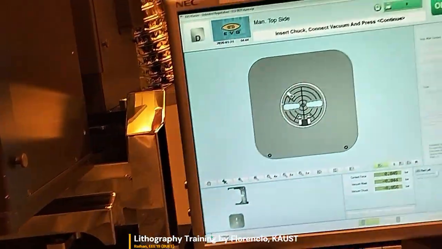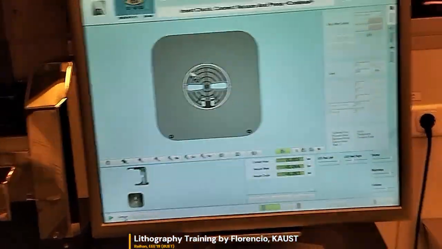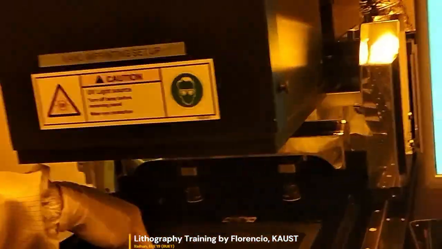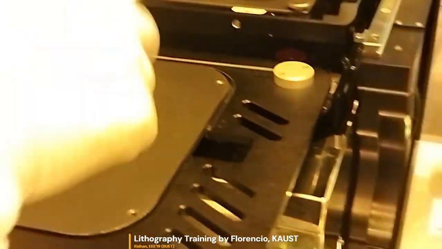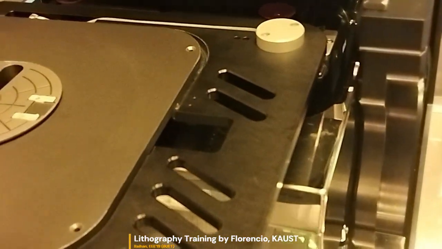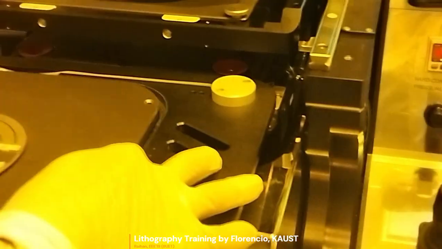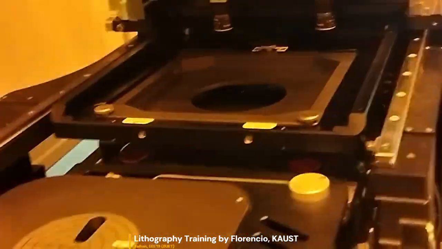If you become a common user in the future, you will meet an error saying vacuum error, vacuum is very low. Then I will just reply to you, kindly check the pin. That is the pin. When it's outside like this, even a small misalignment on the vacuum supply here will give you a vacuum error. I will reply to you because our phones are scattered all over the place. They will just send a message, we're encountering a vacuum error on the tool. I will reply, check the pin. So that's the pin I'm referring to. It should be inside that little hole. See, it should be inside. It's no different when you look at it visually.